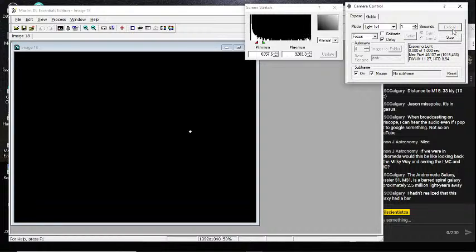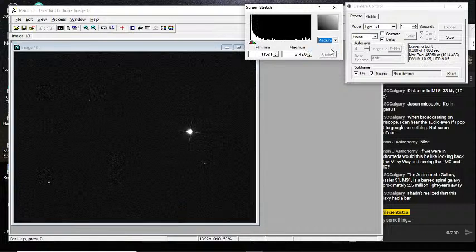I didn't realize it had a bar too. There we go. Now we just need to get that centered. Go right to it the other way. You can see kind of the cool streaks that makes as the camera takes the exposure and the telescope moves.